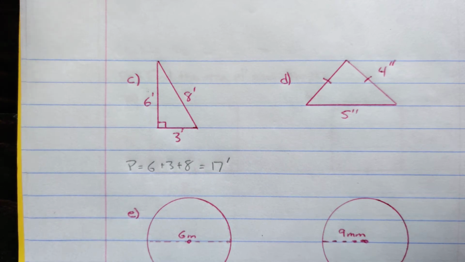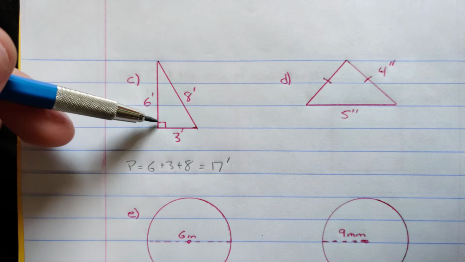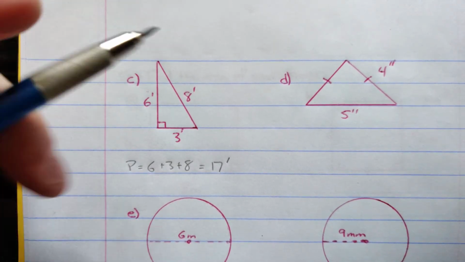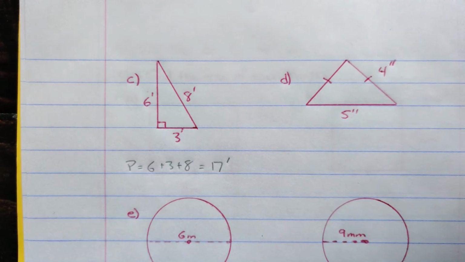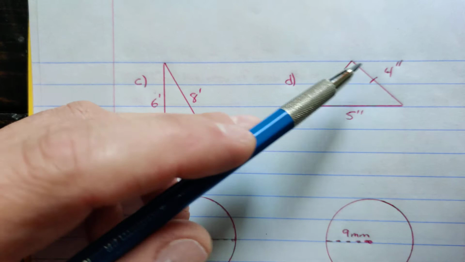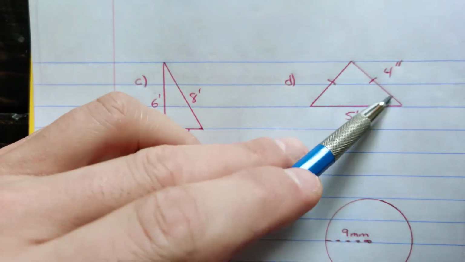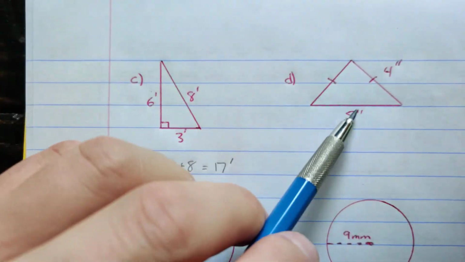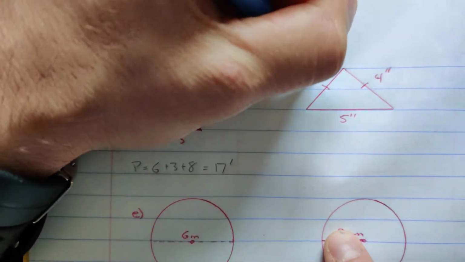In the next case, we have another triangle. The previous one was a right-angled triangle because there's a right angle in it. All three sides are different, which means it's scalene. In this case, we have an isosceles triangle. What's special about an isosceles triangle is the two sides will be equal and the two angles will be equal as well. In this case, we have 4 and 5, so this side here would also be 4, and that